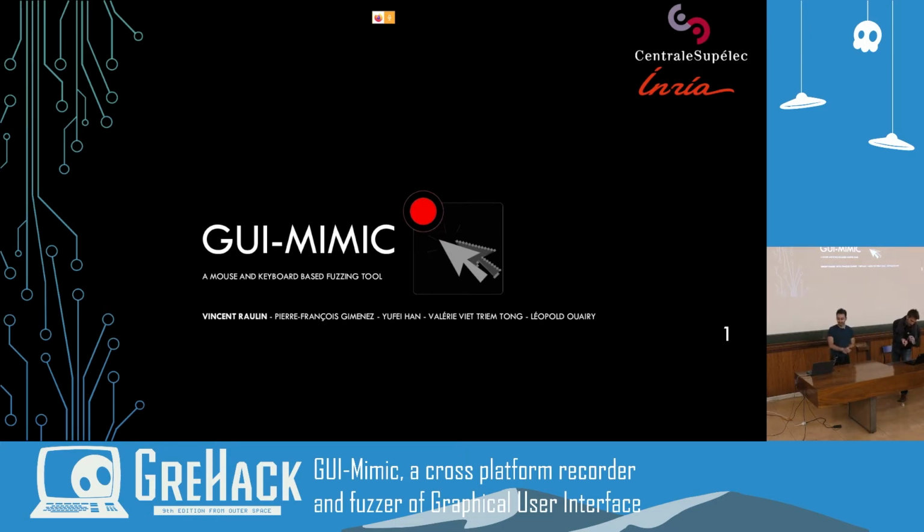Thank you. So yeah, I work at the CIDRE team. I'm a PhD student at Centrale Supélec and INRIA. And I'm presenting you this tool that we consider for a purpose and that we want to share. GUI-Mimic is a fuzzing tool that works by interacting with the mouse and keyboard. But first of all, I need to explain quickly